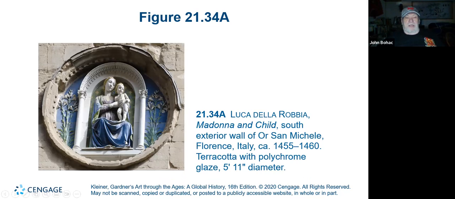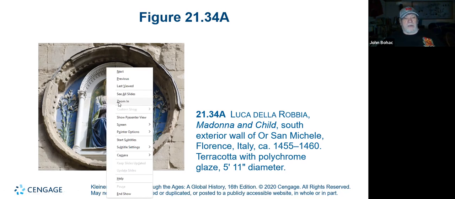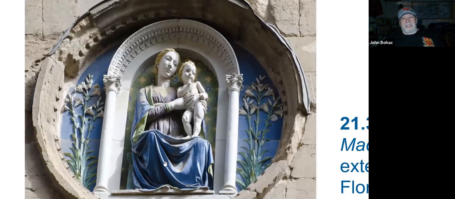This is kind of an interesting piece here too. Della Robbia, Madonna and Child. And this is terracotta. This is made with clay. It's actually ceramic with polychrome glaze. And so they're using whatever they have. One of the things that's kind of interesting in this is that degree of naturalism. Now, this is the Madonna and Child, but we don't see the child giving the blessing. We don't see the child with the book